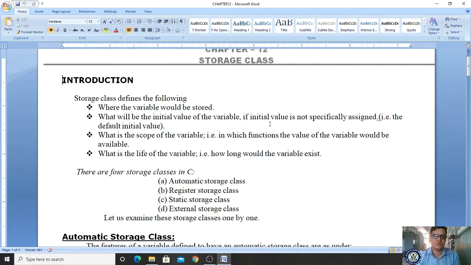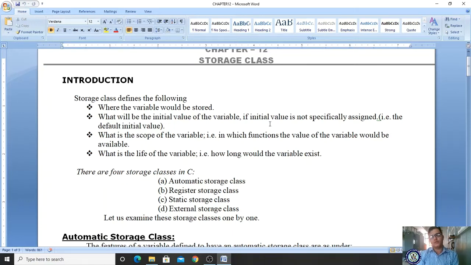So you are accessible, meaning you have participated in those events. That is your scope, and life indicates how long. In PU, how long will you be there? Two years. If you join a degree college, your life is three years, and scope is that you will be accessible in various courses. For example, you have joined BCA. Suppose your extracurricular activity is NSS or NCC or Scouts and Rangers, you can go through that, and that is your scope. You will be called for those events and cultural activities and so on.